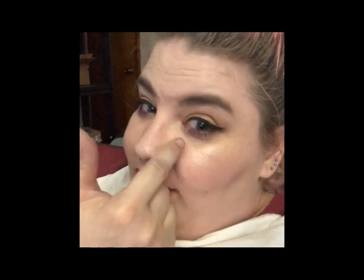Okay, so this part is going to probably be terrible quality because I'm using the front camera on my phone, but I did want to just say a little bit more. My memory card was full, so you can see here I don't really have lines. I've been wearing my glasses because I've been editing. I was wearing sunglasses when I was outside, and it didn't really rub off. Especially considering that I didn't use primer, I didn't powder, I don't think I've ever been this impressed with a foundation ever. The Too Faced Peach Perfect is kind of my previous love, so this is just,